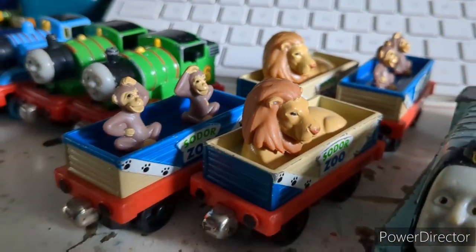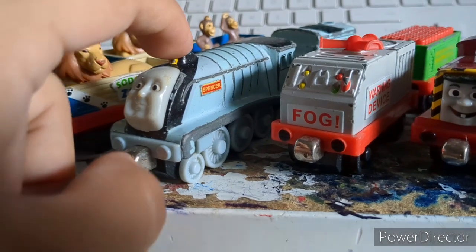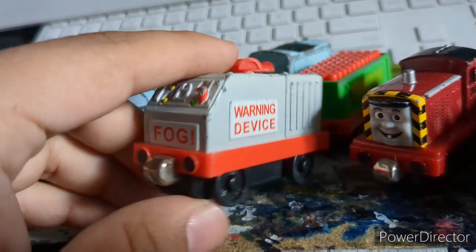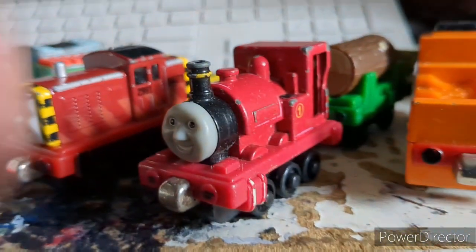We have 2 of them. You can't have too many. But you can't have too many Spencers. But I can turn this into my version of Mallard. We got a nice piece right here, the fog machine, which is dead. We got Salty. Tell us another one. Along with a flatbed here. We got